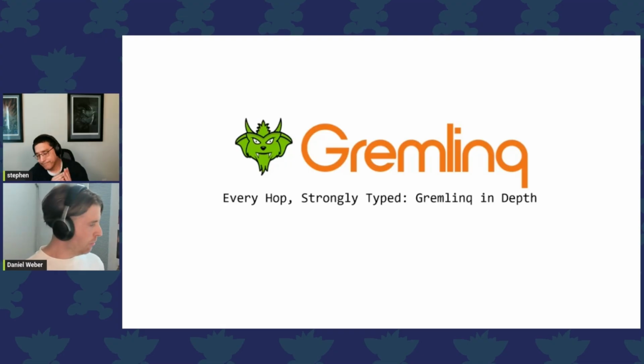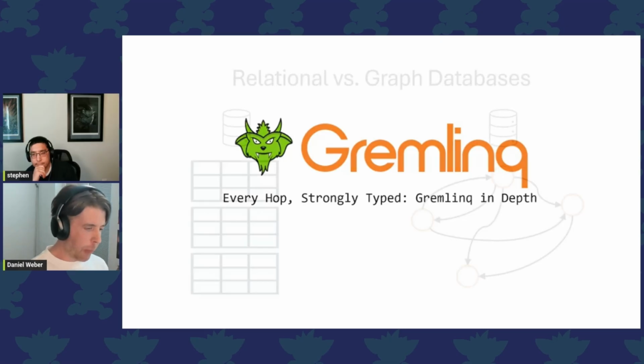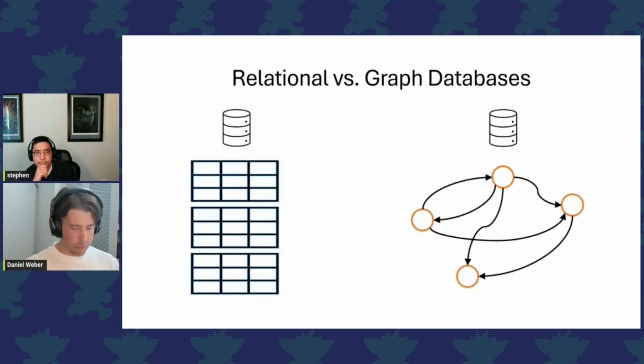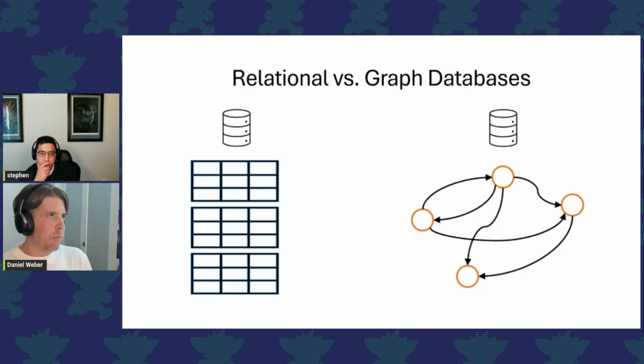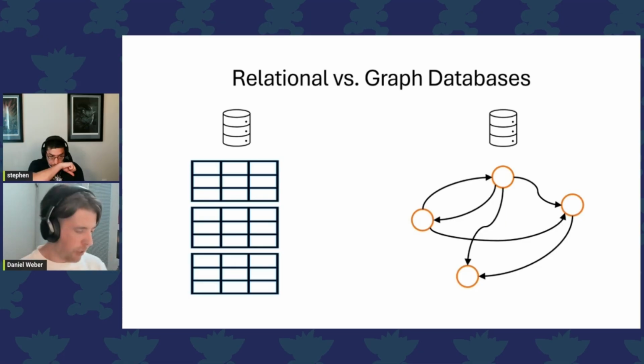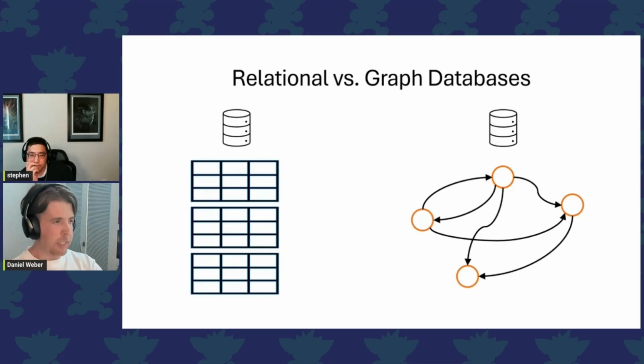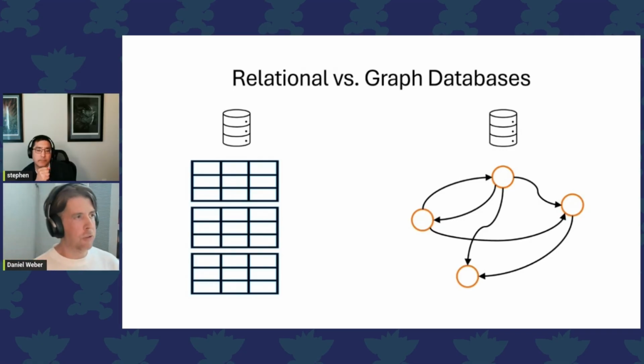Yep, so I would just start out with the traditional way we had it for, like, I don't know, 50 years, from before even NoSQL databases were around. I think the usual way to model a domain in a database would be the relational model. Of course, there's NoSQL, there's key value stores and all that, and document databases and whatnot. But to describe what we're going to be talking about,